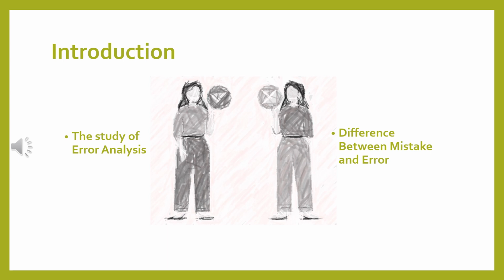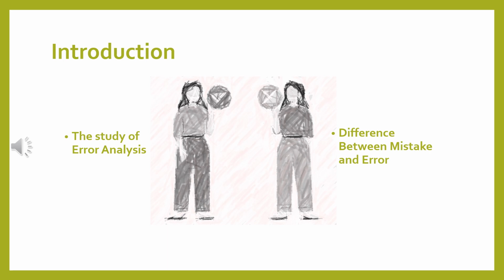A mistake is something that people say wrongly or write wrongly. They realize it and they can make quick corrections. For example, I just made a mistake. At the beginning, I used the word wrong, but it should have been wrongly, because I'm talking about actions. I'm describing an action, so I should use an adverb. This is the difference between an error and a mistake.